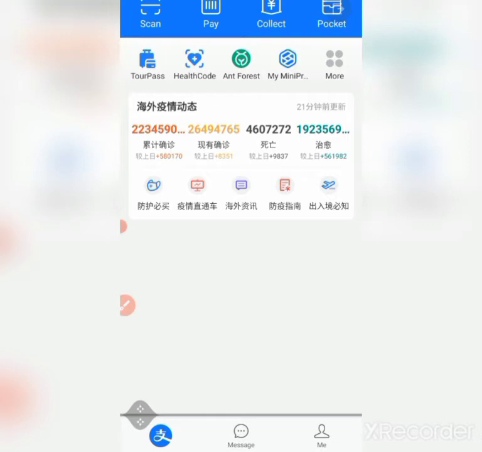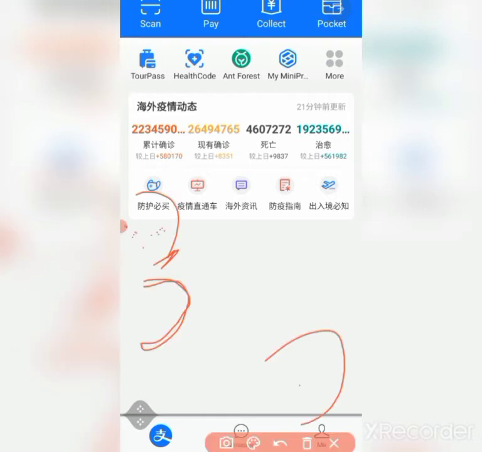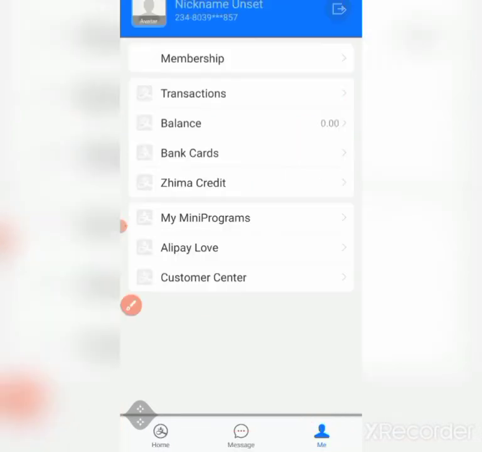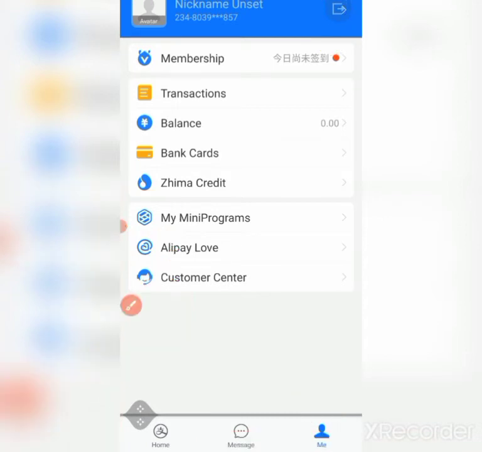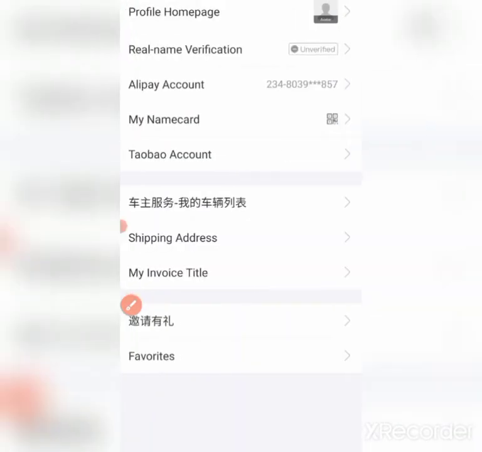Now, click on me here. Click on me. Can you see me? Down at your right hand side. Click on it. Click on it. Click on next. Have you seen? After clicking, the arrow settings